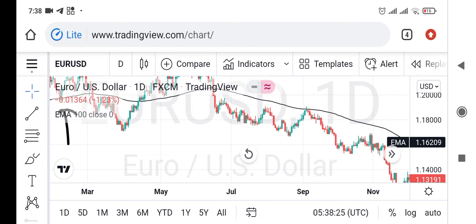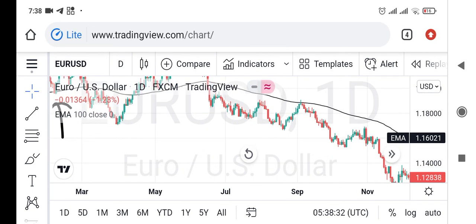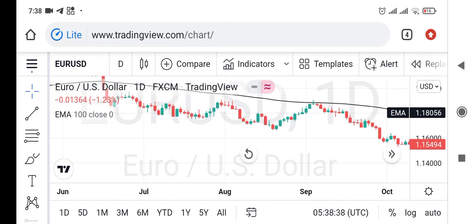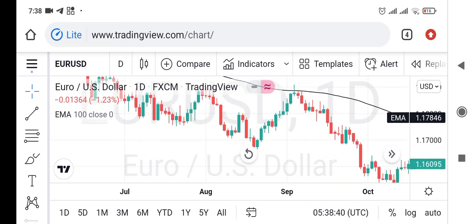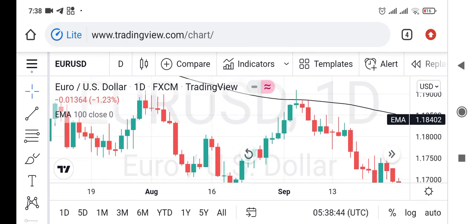But if that's not the case, then I'm going to use the moving average to see when the market reaches it, and then I look at the candlestick pattern. Like for example, if we zoom in right here, where the moving average was reached, look at that candlestick pattern. We have an inverted hammer or